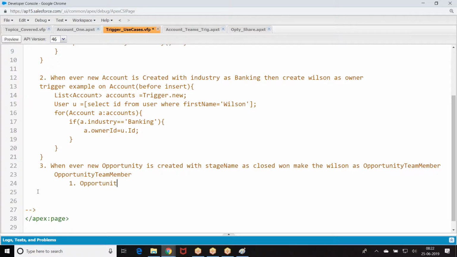Fields are opportunity ID. User ID. Now create this example.